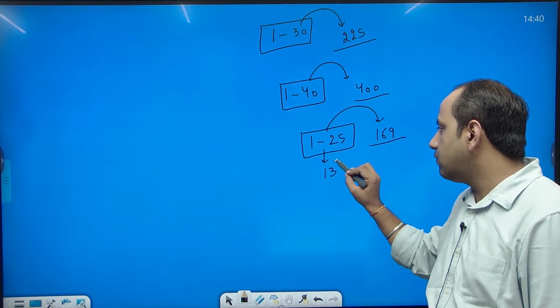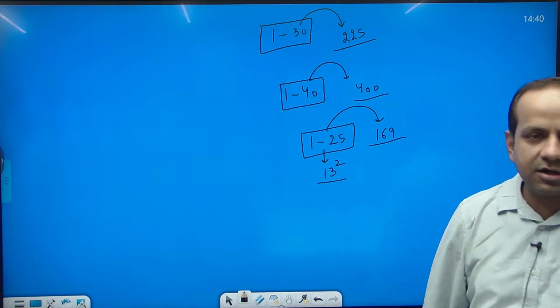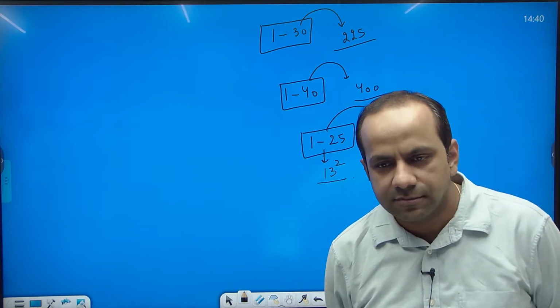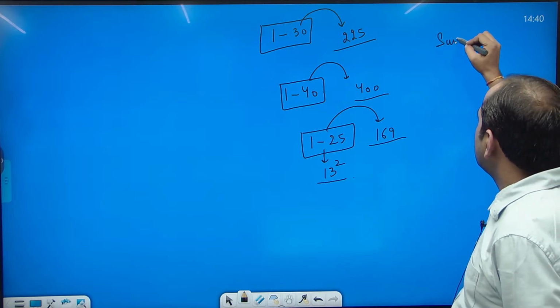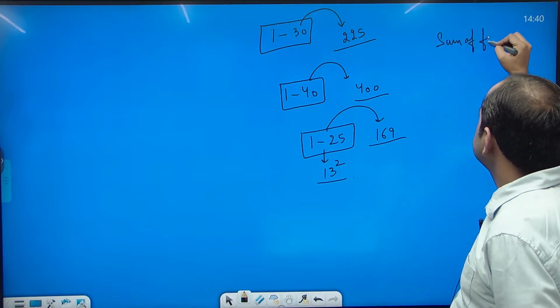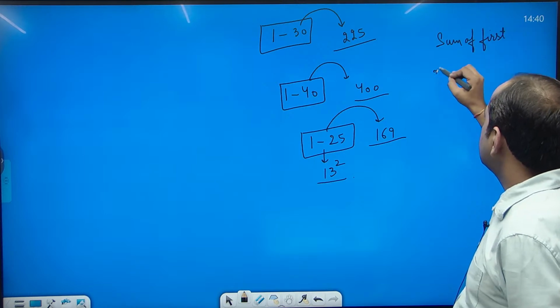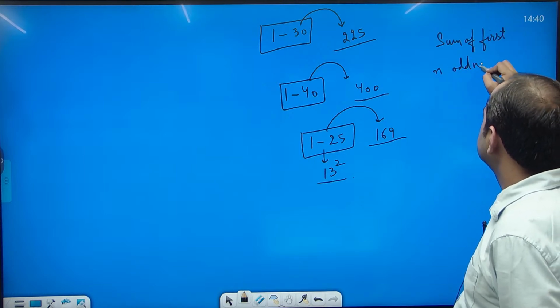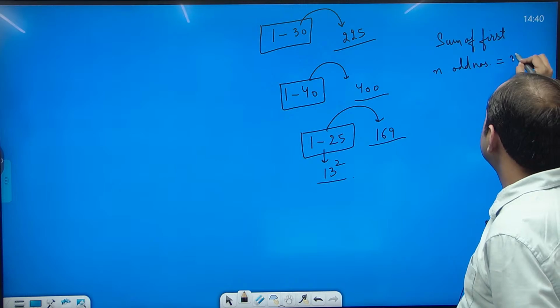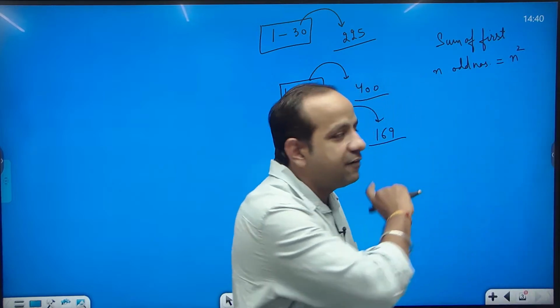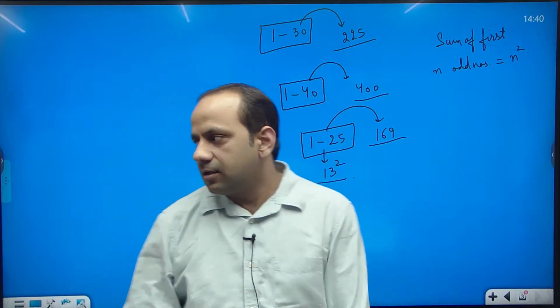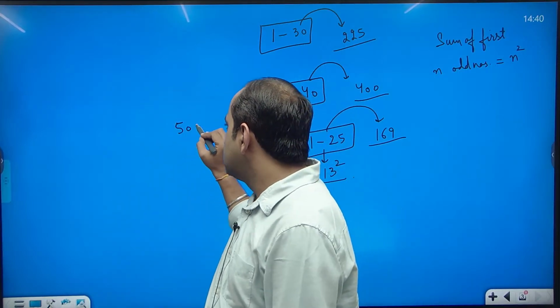So the sum of n consecutive odd numbers is n square. Is it okay? What we have concluded is that the sum of the first n odd numbers is equal to n square. But make sure this is only when they are the first n odd numbers. If I say the sum of odd numbers from 50 to 100,